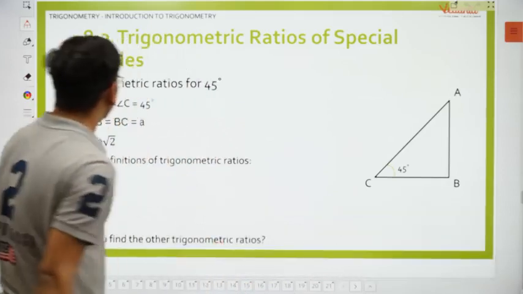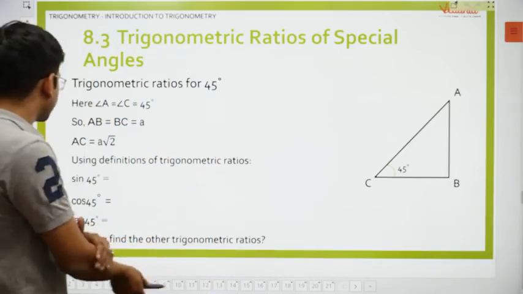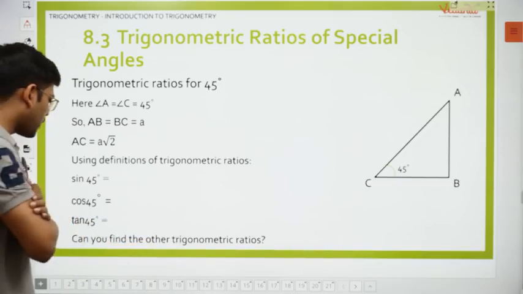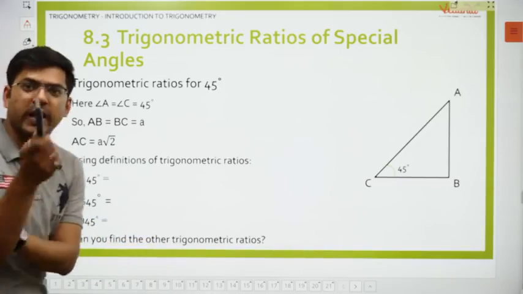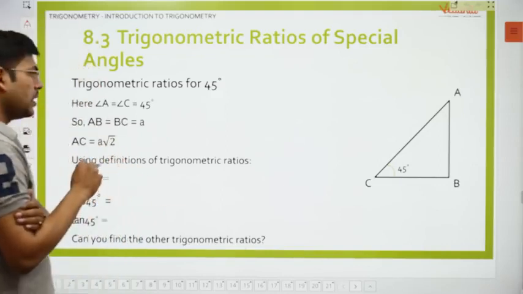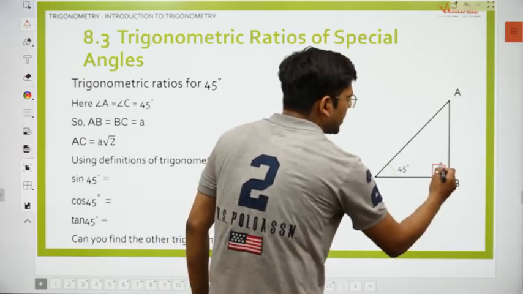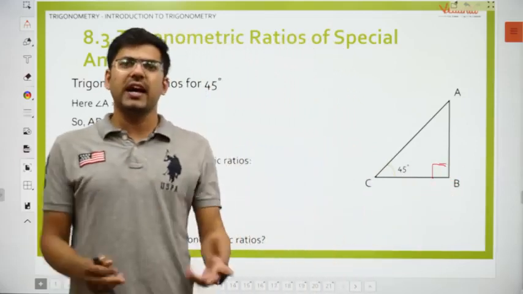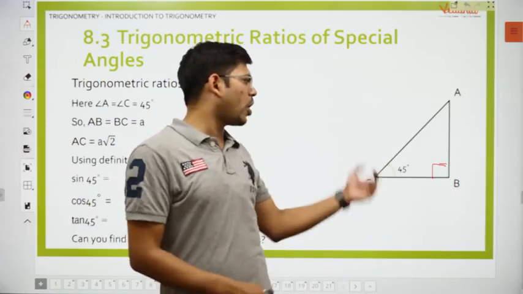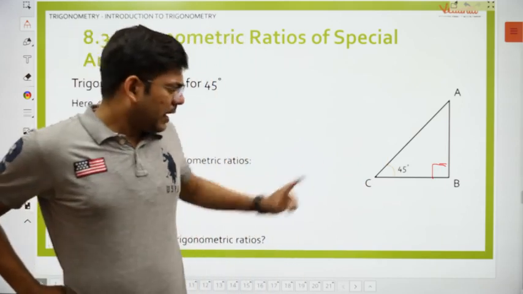How about this 45 degree? This is a new question. Now, just see this. Sine 45 degree, cos 45 degree and tan 45 degree. You have to get the values of all these, the T ratios. Now, let me tell you something. Guys, see, this is a 90 degree angle. We are studying trigonometry, and wherever we get such a kind of triangle, it is naturally a right angle triangle.